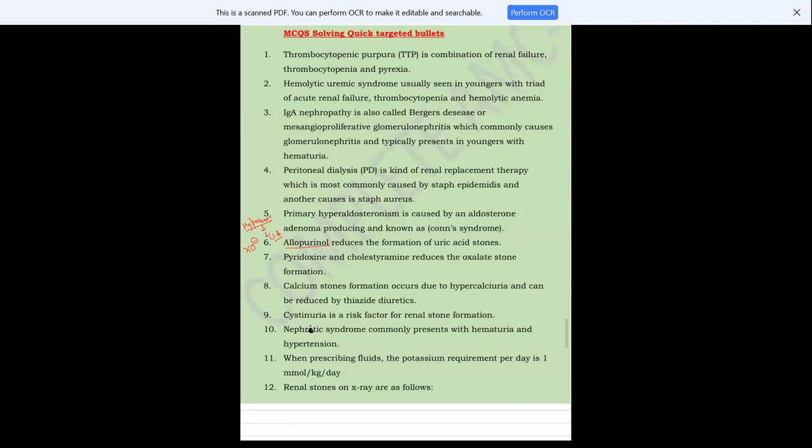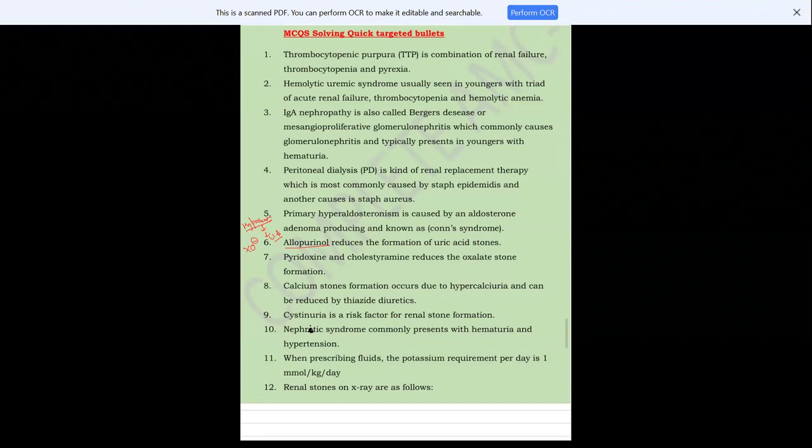And next is primary hyperaldosteronism. So there is more aldosterone. Primary means from the primary organ that produces this hormone. So due to an aldosterone-producing adenoma, it is known as Conn syndrome. So in Conn syndrome, hyperaldosteronism is there, and the function of this hormone is,